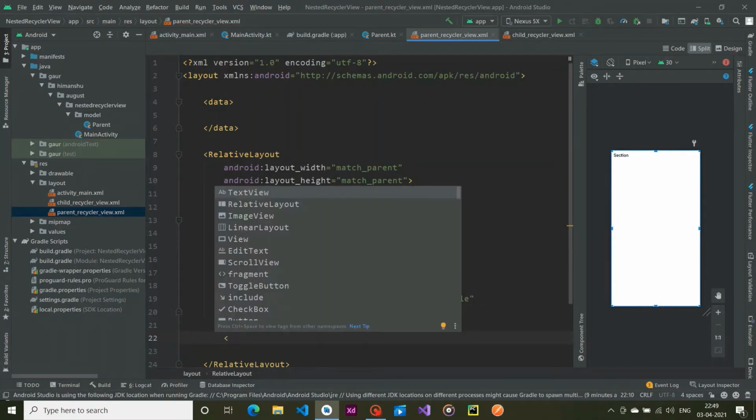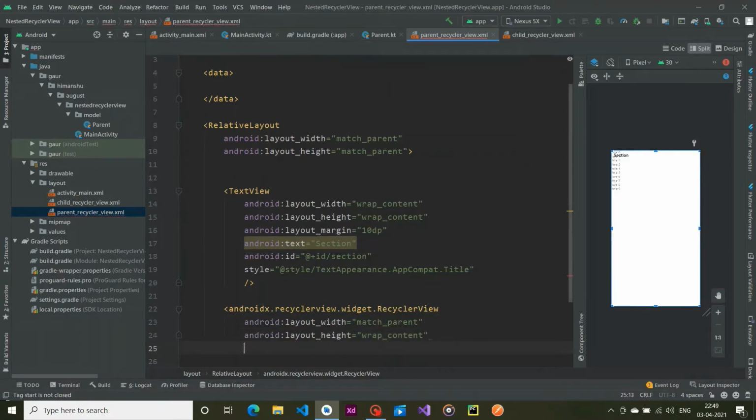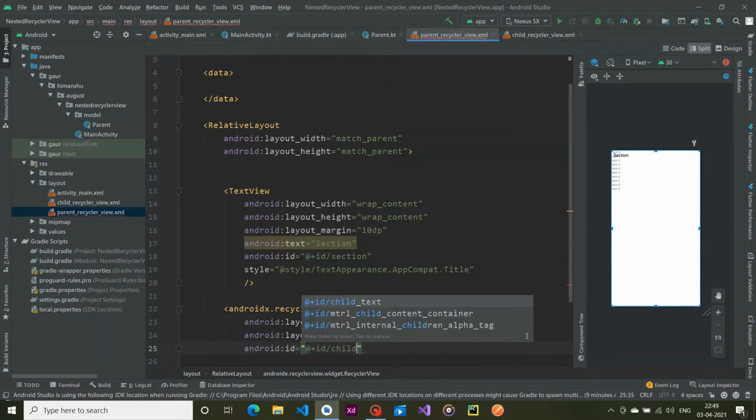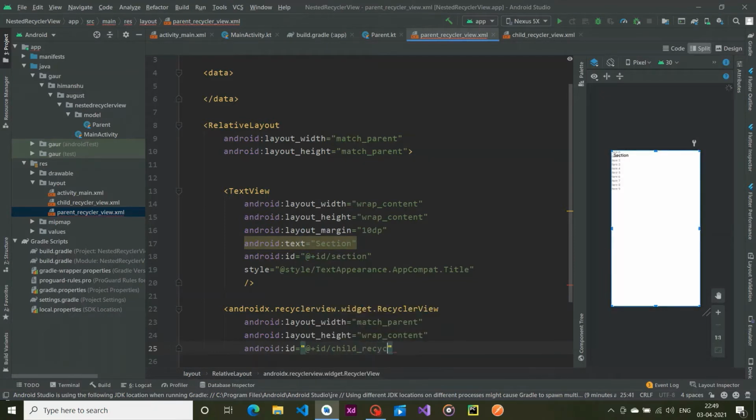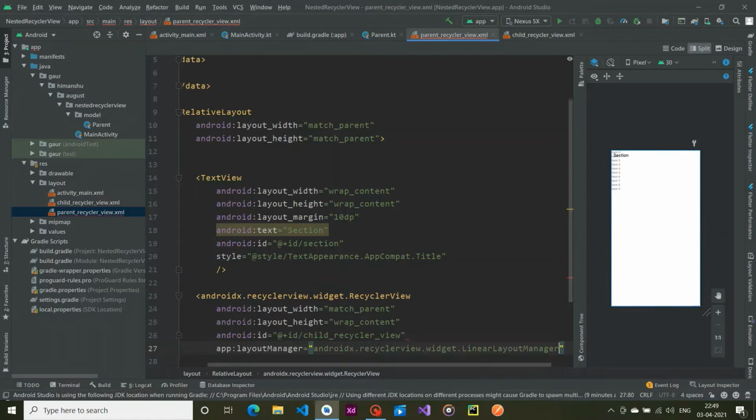And below this text view we are going to create a recycler view. So recycler view, match parent, wrap content, id is child recycler view, and provide the layout manager. So layout manager is LinearLayoutManager.